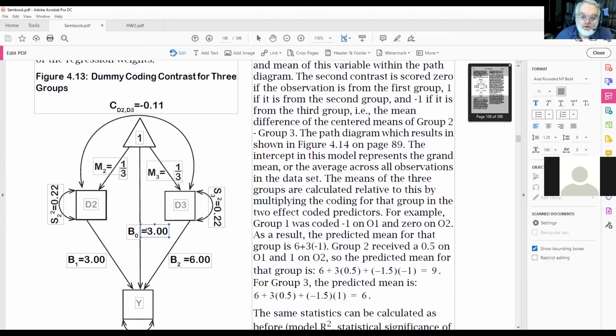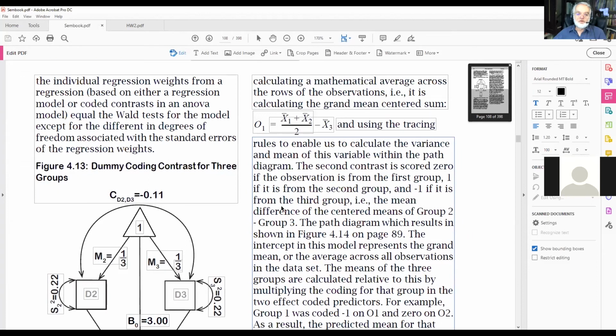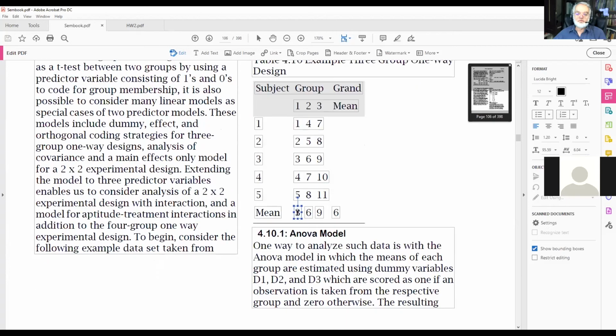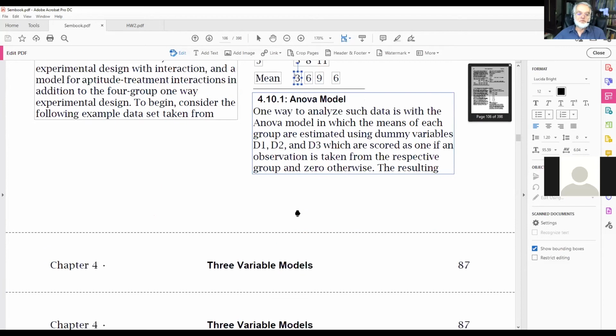Well, notice that I got the same number for the control group as I had above. These regression weights now change a bit because they are now telling me how many points above or below the control group group 2 was relative to group 1, and group 3 was relative to group 1. So to rehearse, I'm kind of coming back up here in the data, this is the mean of the first group. If I treat that as a control group,